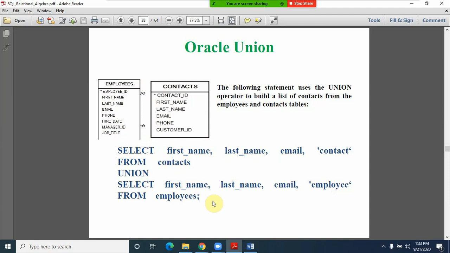So if you refer to this logic, friends, what we are doing is fetching from contacts as well as from employees in such a way that the first name, last name, email from the contacts will all be output, union, and we are combining the records with first name, last name, email from the employees data.